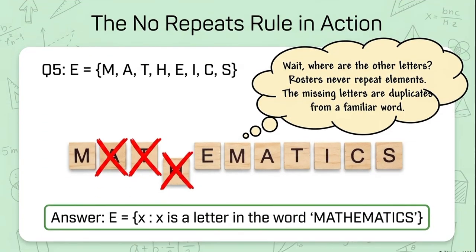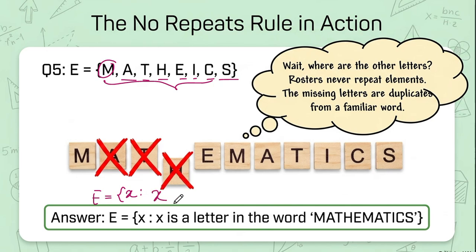Now suppose numbers are not given, some alphabets are given. So set E is equal to, like this, alphabets are given and we have to convert this in terms of set builder form. You can see what letters are given: M, A, T, H, E, I, E, C, S. So this is nothing but the alphabet of the word mathematics. If we write it in the set builder form, E is equal to {x such that